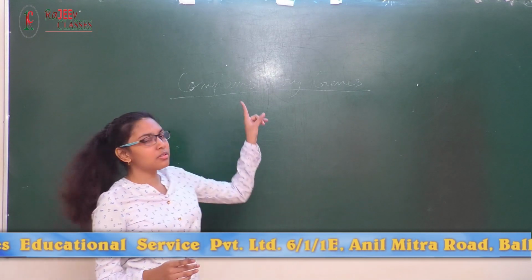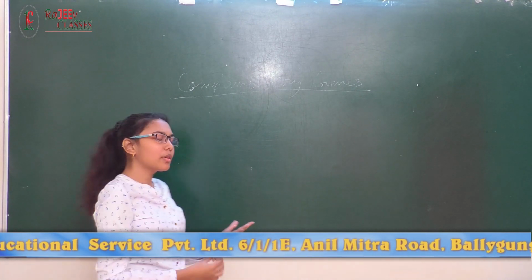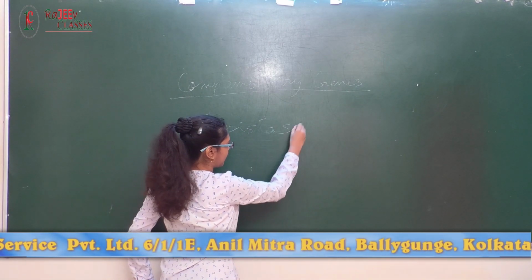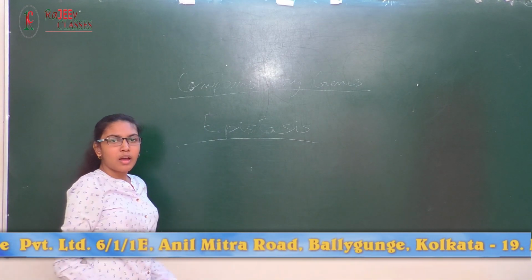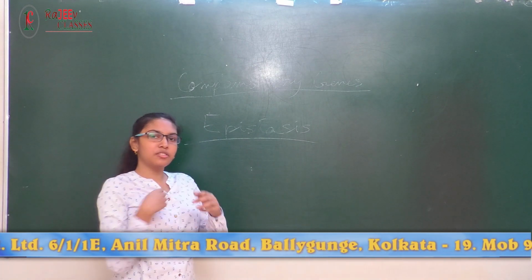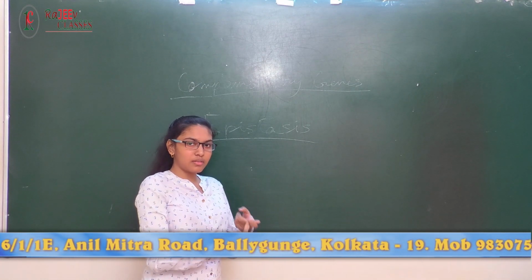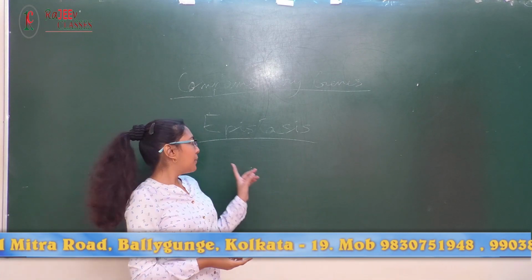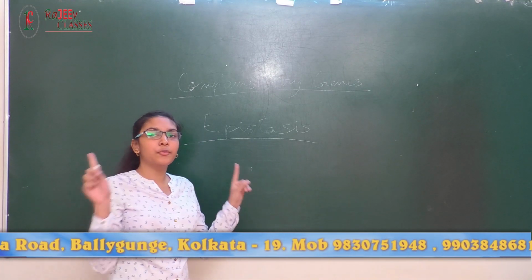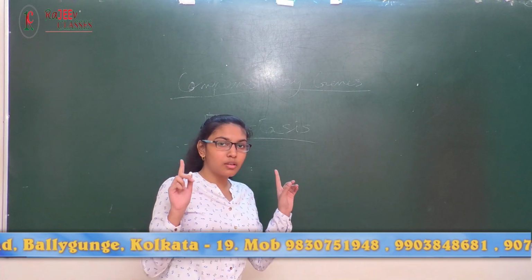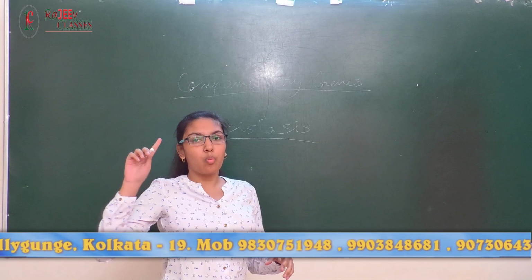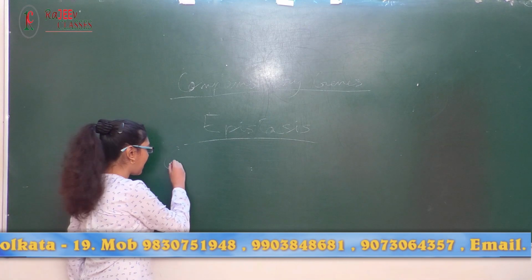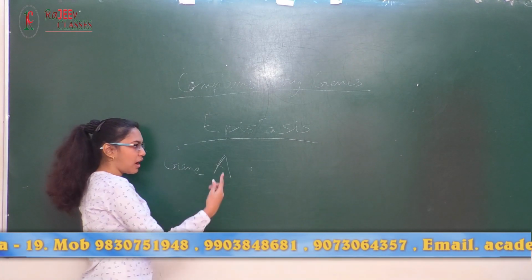But complementary genes, this concept comes from the phenomenon of epistasis. What is it? In dominant recessive interaction, at a single locus, the dominant allele is masking the recessive one. But in epistasis, two different genes at two different loci interact, and one of them suppresses the expression of the other. So let's say in one locus we have gene A. There's another gene